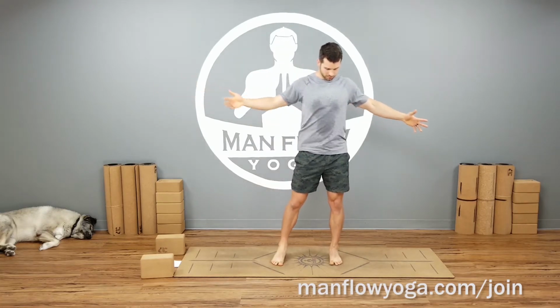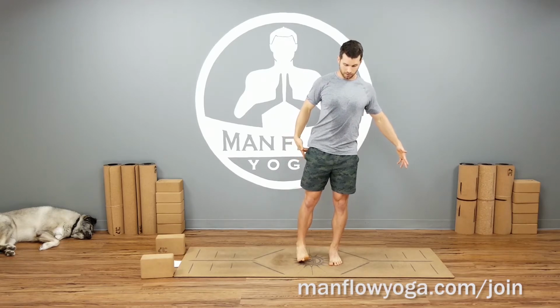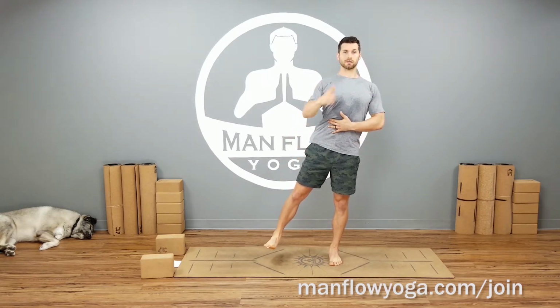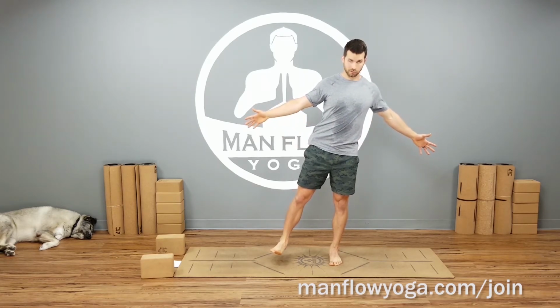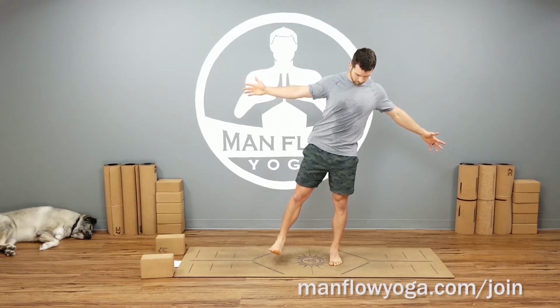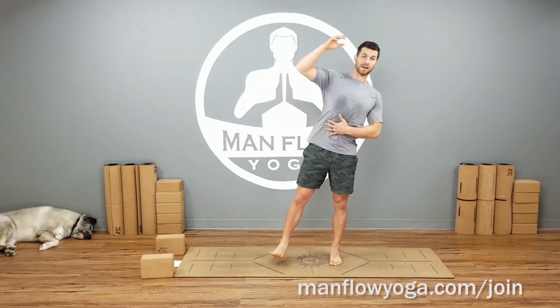And then release, switch sides, stand on your left foot, abduct your right leg, so bring it to the outside, squeezing your right hip out. Stay nice and tall here. Use your arms for balance support, however you'd like. And try to keep your ankle active here. So pushing down through your feet,